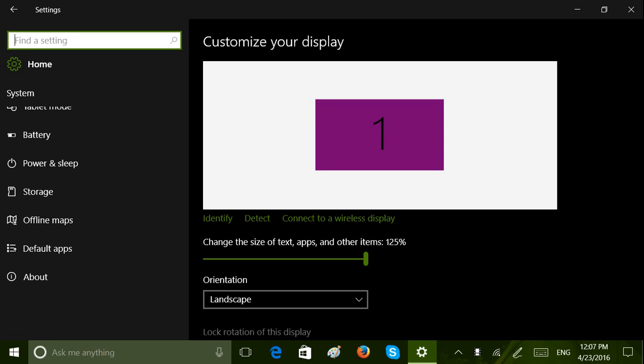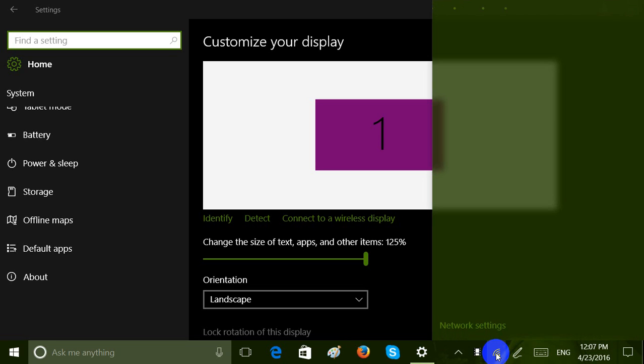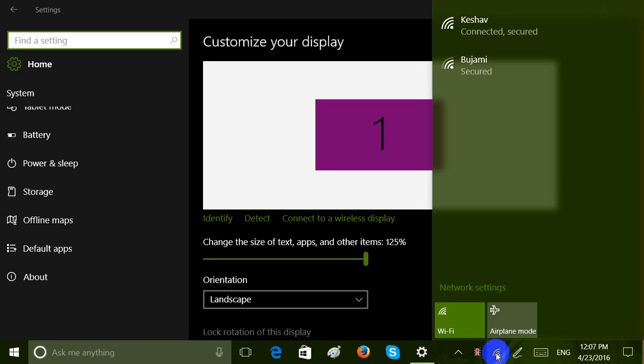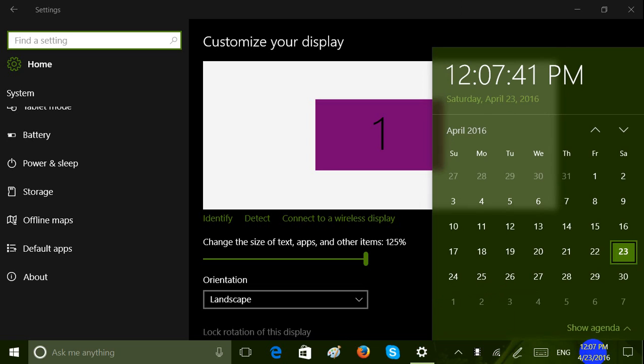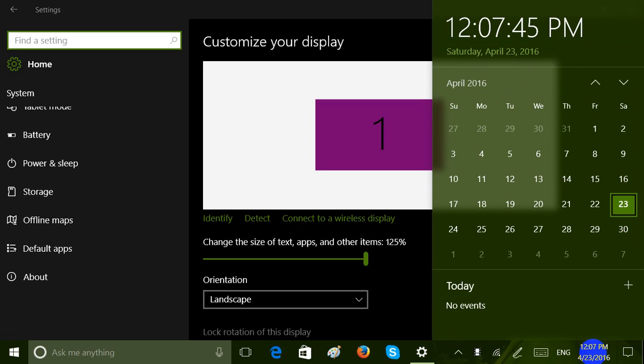There is one more important change that Microsoft has brought. If you go to the Wi-Fi, then the flyout comes. Earlier, Microsoft had changed it to turning it on or off, but now it's back, and you can see a flyout when you tap on the Wi-Fi icon, and it shows the available Wi-Fi. There is one more important change: if you now tap on the clock, it has the calendar integrated. So if there are any events in the calendar, you can see them here. This is very important and very useful for those who use the calendar a lot, and now you can access it very easily from the